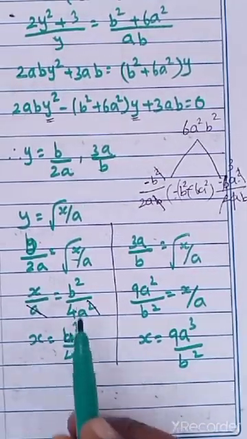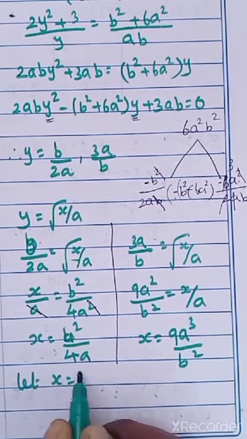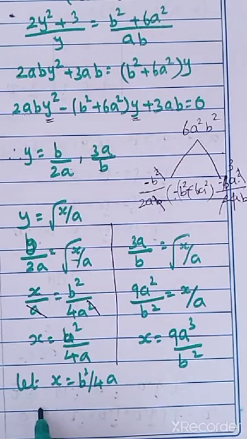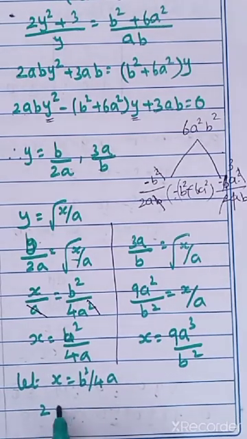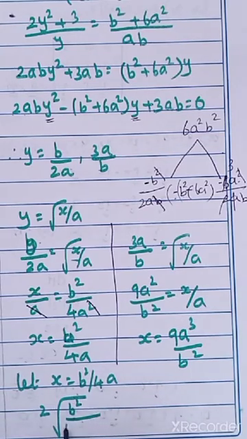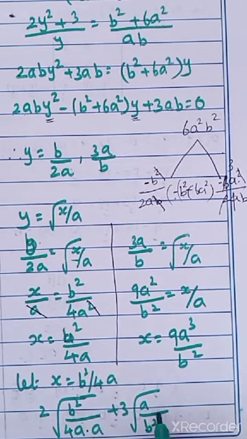X equal to b square by 4a. Let x equal to b square by 4a. So question என்ன கொடுத்துருக்காங்க? 2 root of x by a. x ஓட வேல்யூ என்ன? b square by 4a. ஆல்ரெடி ஒரு a இருக்குதாங்க. ஓகேவா? ப்ளஸ் 3 square root of a ஓட வேல்யூ, a is as like that one only. x square ஓட வேல்யூ b square by 4a. அது மேலே போட்டுக்கலாம். ஓகேவா?